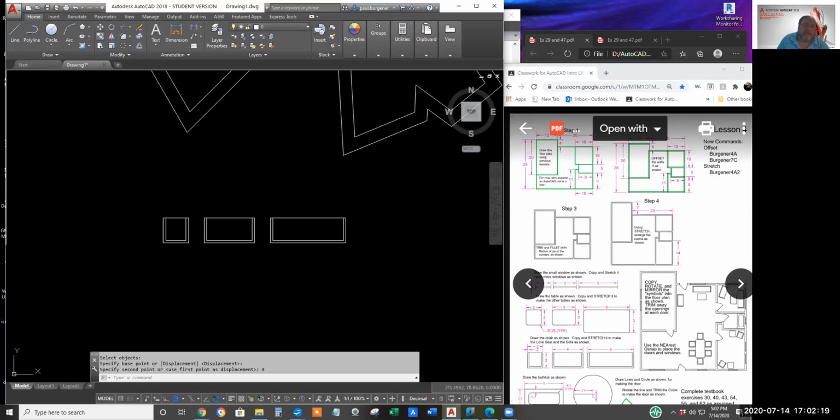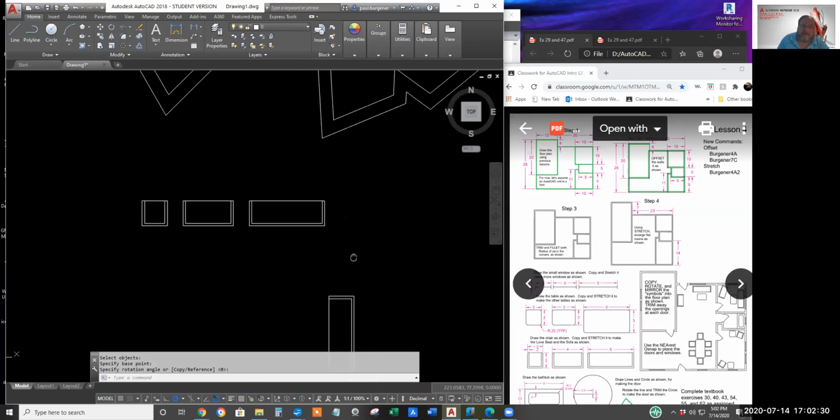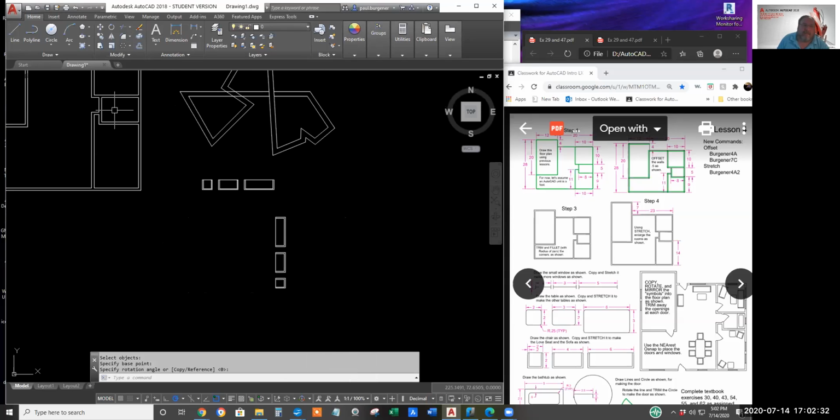Feel free to copy these guys and maybe rotate one of the copies. Maybe mirror the copies. Anyway, get them going every direction.